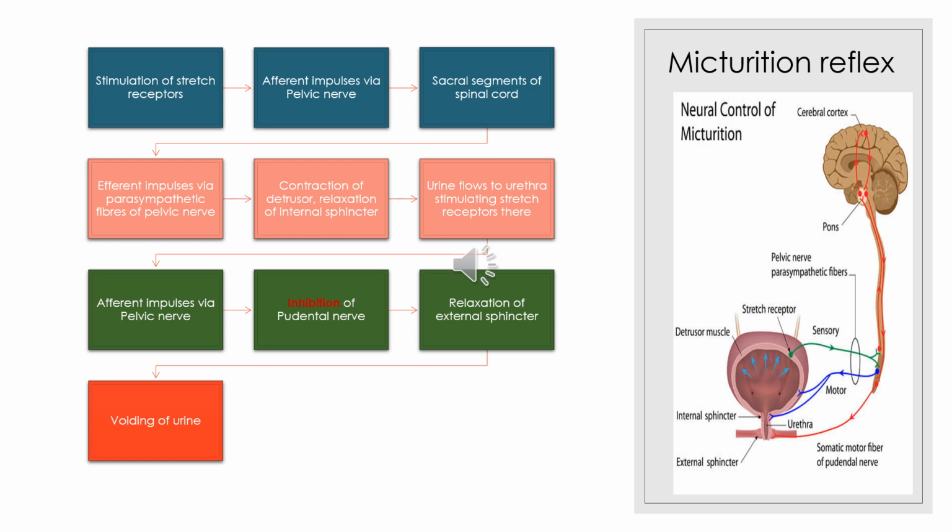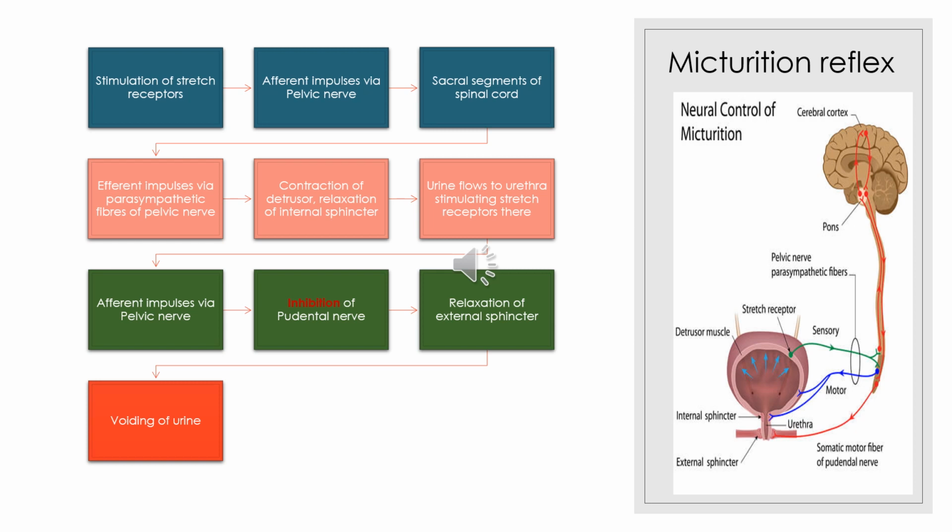There, in the spinal cord, motor or efferent impulses are generated and these impulses are carried by the motor fibers of the parasympathetic pelvic nerve to the bladder and the internal sphincter. We know that the motor fibers of the pelvic nerve cause contraction of the detrusor muscle and relaxation of the internal sphincter. So this causes flow of urine from the bladder into the urethra, and once the urine enters the